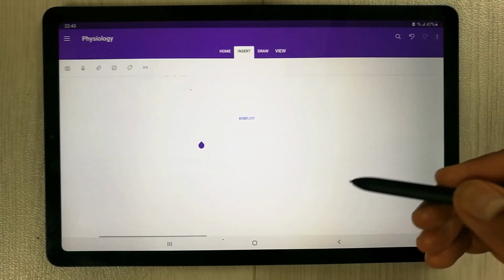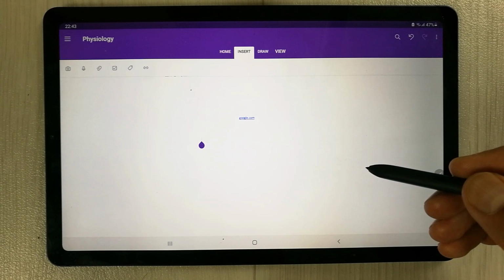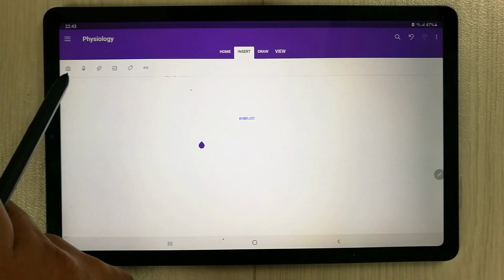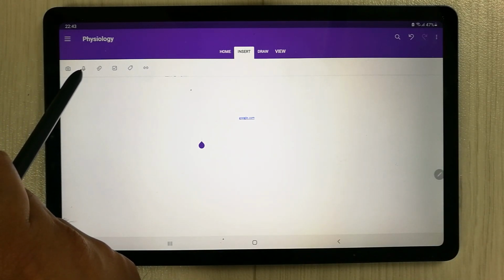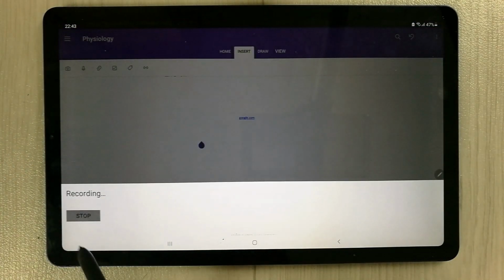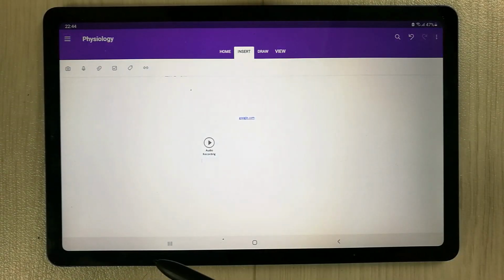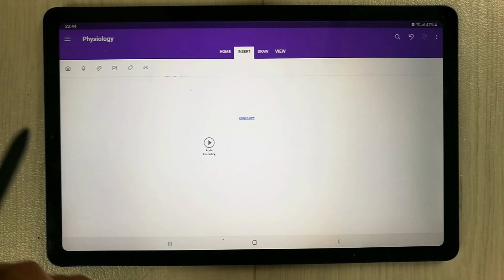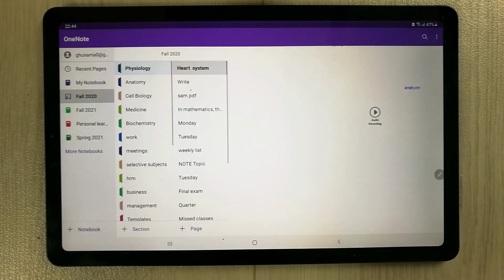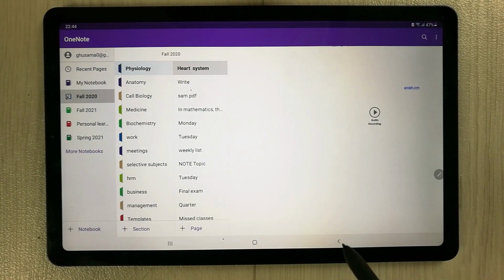And the last tool that I want to discuss is the voice note. So you can see over here this voice notes option. So just select it, and it will start recording the lecture if you are taking any lecture, and then you can also make your voice notes. So guys, overall it is a very powerful app for your note taking, handwriting and journaling experience.